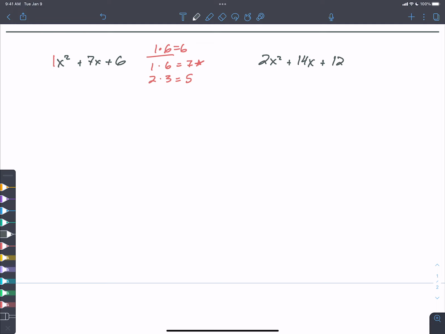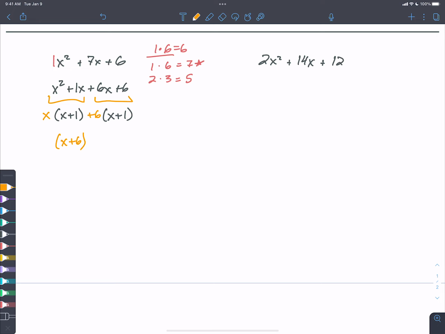Running through this real fast, we get x squared plus 1x plus 6x plus 6. If I look for my common terms, I see that x is common in the first pair, and I'm left with x plus 1 on the inside. Then I see that 6 is common in the second pair, and I'm left with x plus 1 on the inside, which leaves me ultimately with x plus 6 and x plus 1. If you didn't quite follow all of that,